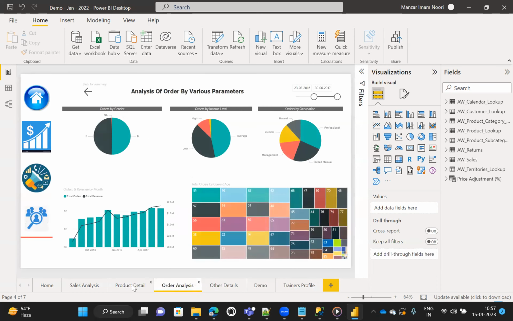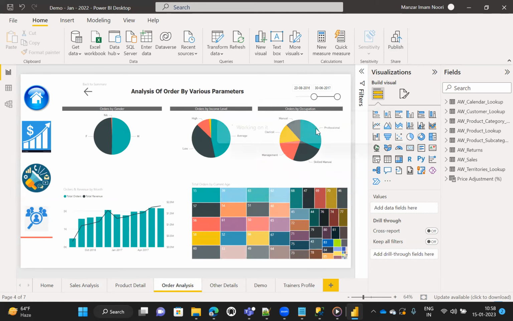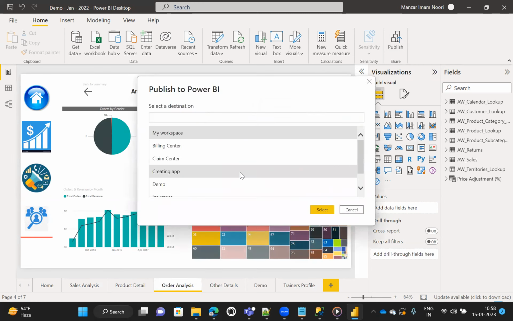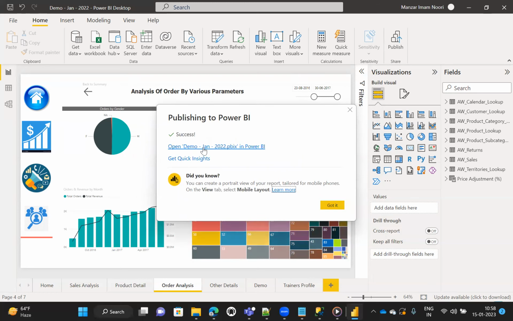So you can see this is Power BI Desktop. We can also publish this report to Power BI Service. Let's publish this report, and you will be amazed to see in Power BI Service how easily you can share with other people and with your users, and the various security you can implement using Power BI Service.